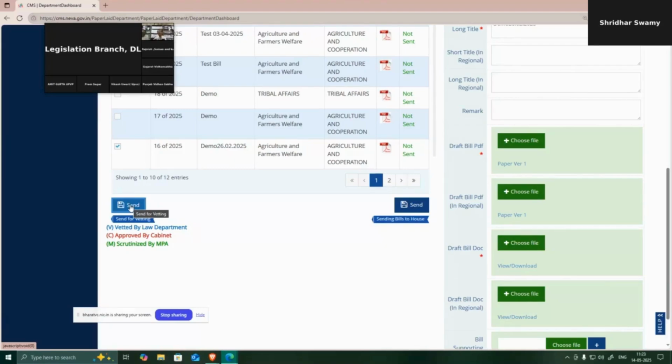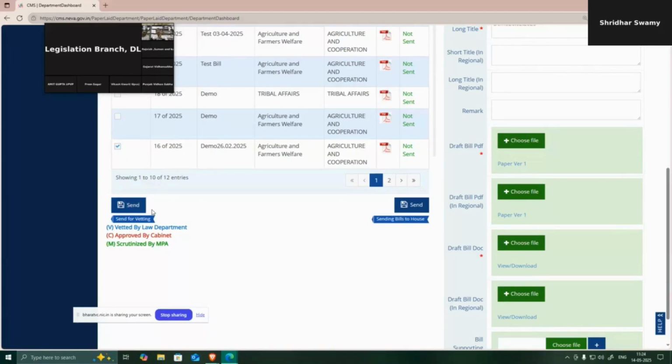Then the law department will vet this draft bill, then send it to cabinet, then to MPA, and finally that particular drafted bill will be sent back to the department. So this is the one scenario in which the department can send this file to the